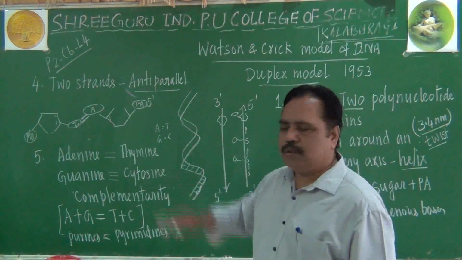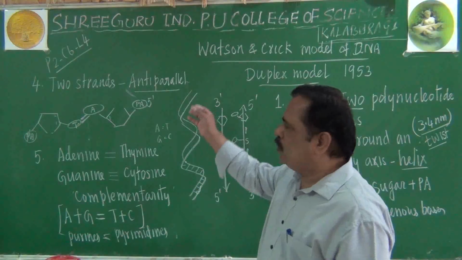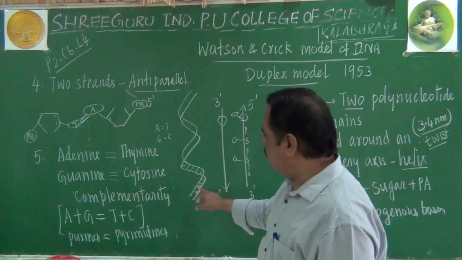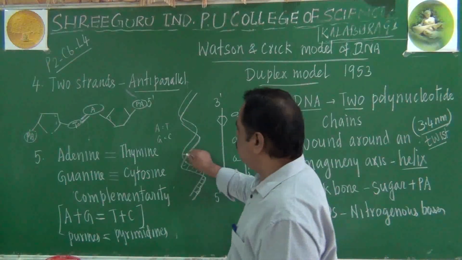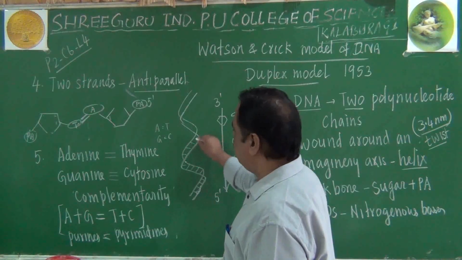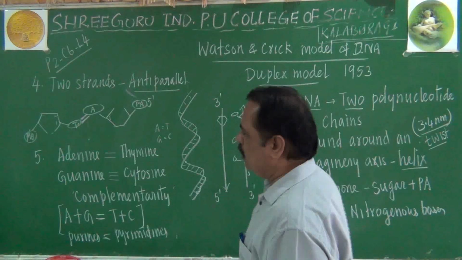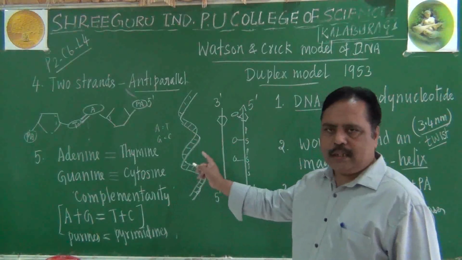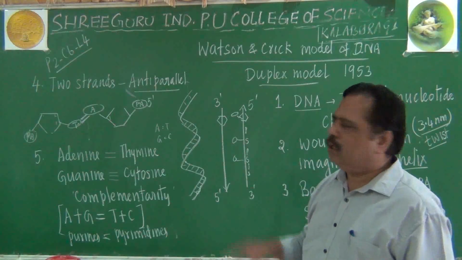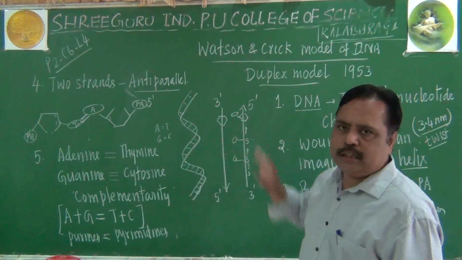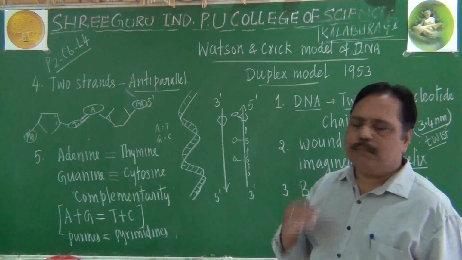This is a 5-mark question. 5 points you have to write. Then you have to draw a diagram. In your textbook, this kind of diagram is also given, where sugar and phosphoric acid will be the backbone. Nitrogen base will be here like this, we can give. I will draw the same diagram in an elaborate manner. Another diagram is also given in your textbook with new molecular nature and everything. Let me draw that one after half a minute.